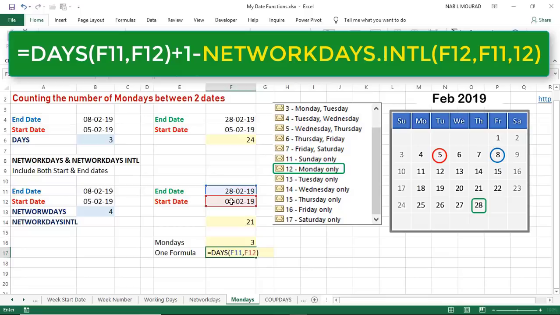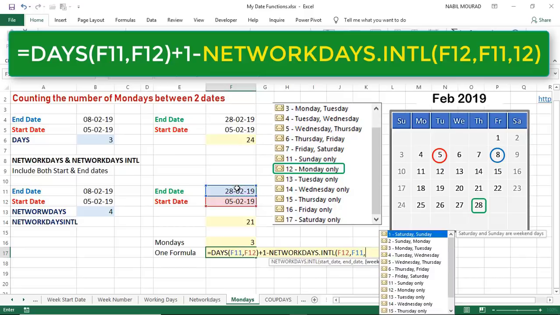The days function does not include both the start and end date, so I need to add one, and then I need to subtract the function that counts all the days excluding Mondays only. So I type Network Days, and I select Network Days International. Now it asks me about the start date, F12, and then I hit comma, my end date, F11, and here is the important argument. Which date would you like to exclude from the Network Days International count? Well, I want to exclude the date that I want to count,